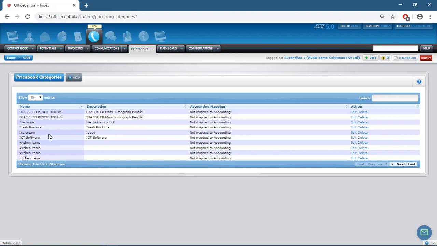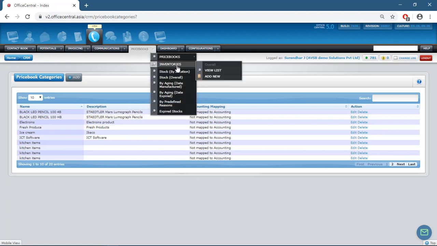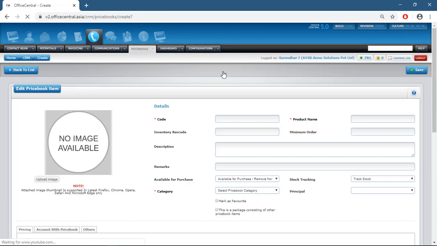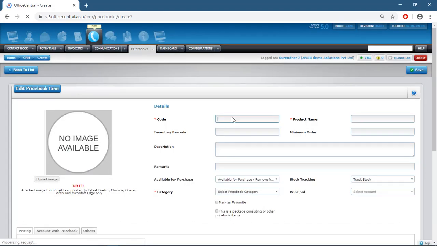So now I am going to sell a TV, so I am going to create electronics. It's already created here. So now, how to add the price book product. Okay, now going to price book, and new. Once you've created the category, you create the price book item. So for code, I just give a number, and product name is Smart TV,